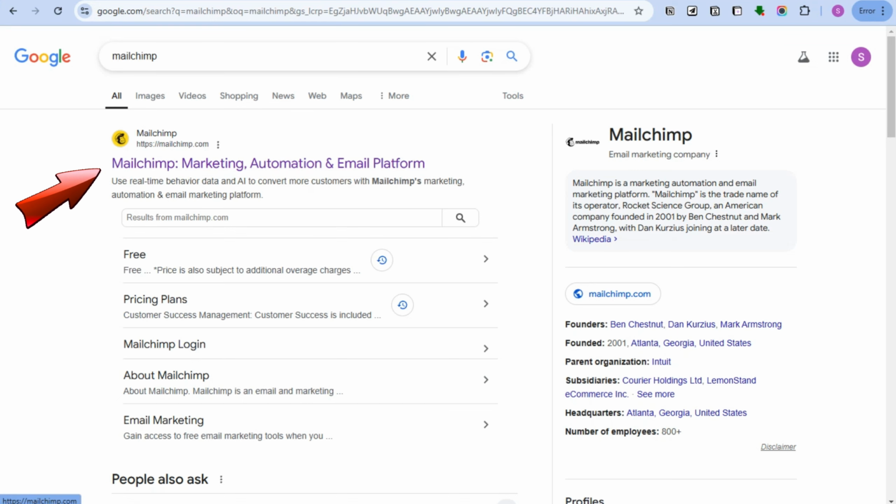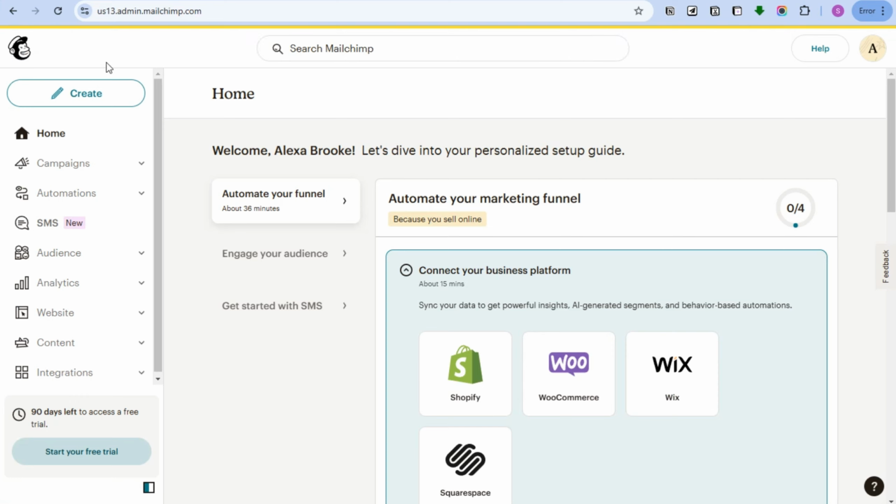First, you have to go to any web browser and then type Mailchimp, create an account, and this is the interface or dashboard of Mailchimp. You can see different options on the left side, but what we're going to focus on now is